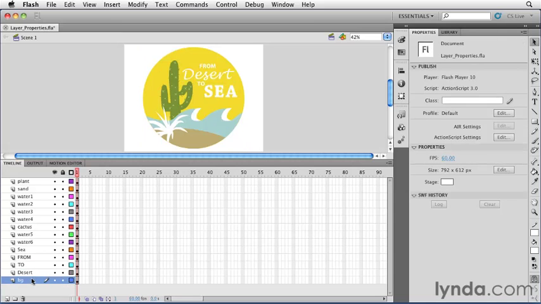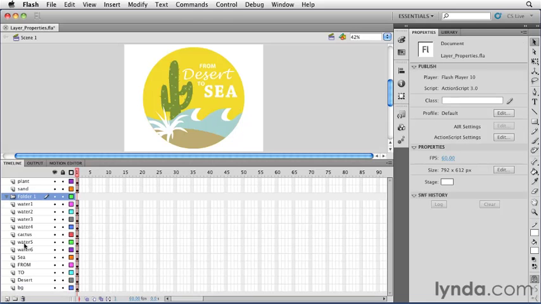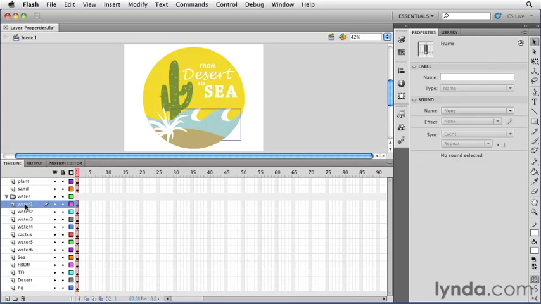Now let's say I wanted to organize all the water layers so I can kind of group them together. You can group layers into something called folders in Flash. So above the water 1 layer, I'll select the water 1 layer, and then I'll click the folder icon at the bottom left of the timeline to create a new folder. And now I can just drag these layers into that folder, and I have an organized place for all of my water elements. So before I do that, I'm going to double-click the folder name and change the name to water. And then I'm going to select the layers that contain water and click and drag them into the water